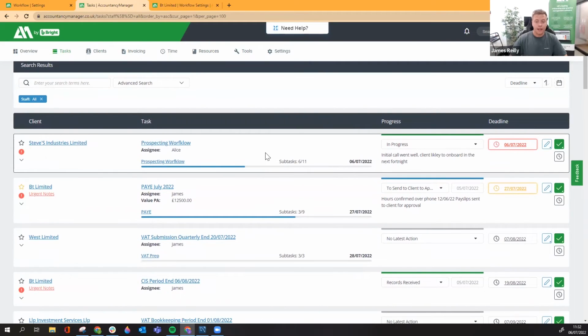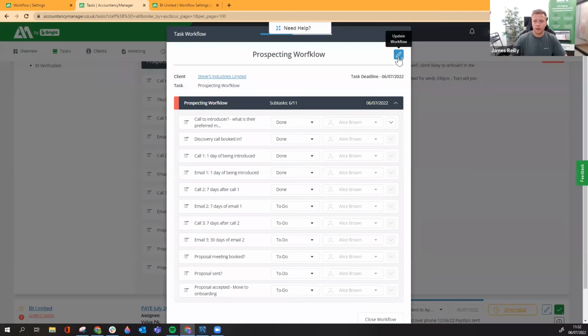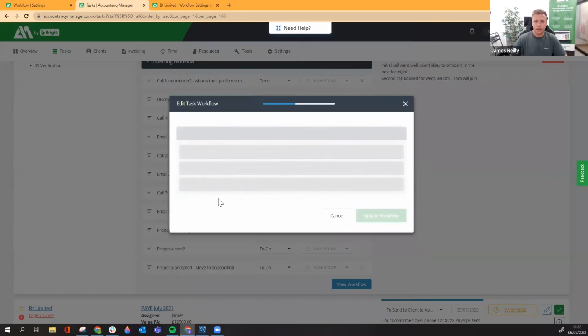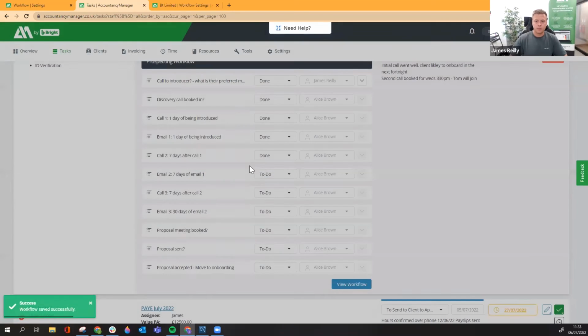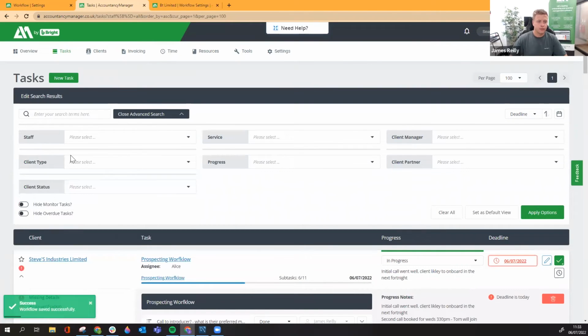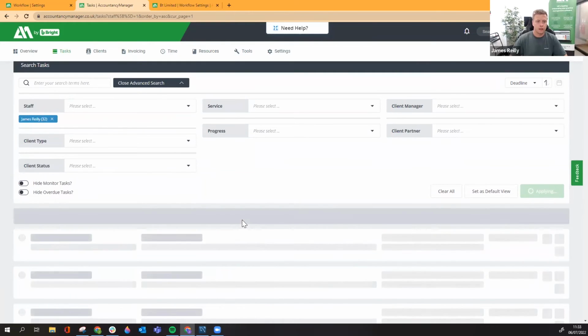Yeah, absolutely. So despite this task being assigned to Alice, we can do that right now. If we go into view workflow, we'll edit the workflow, assign one over to James, update workflow. Then if we go in and search for tasks for James, apply options,